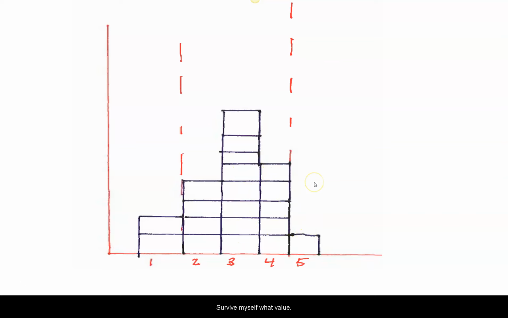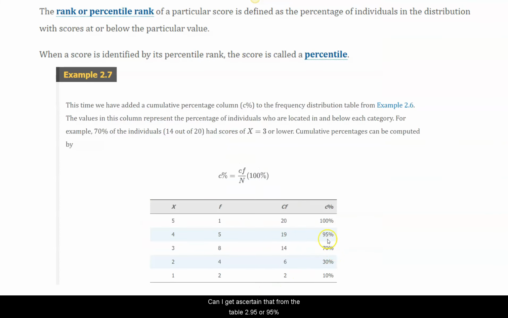So if I ask myself, what value is at the 95th percentile? It's 4.5. If you look at 4.5 where the dotted red line is, there are 19 out of 20 boxes that are to the left and below, and only one box that's to the right and higher. And so what's 19 over 20? 95% or 0.95. And I could ascertain that from the table too,